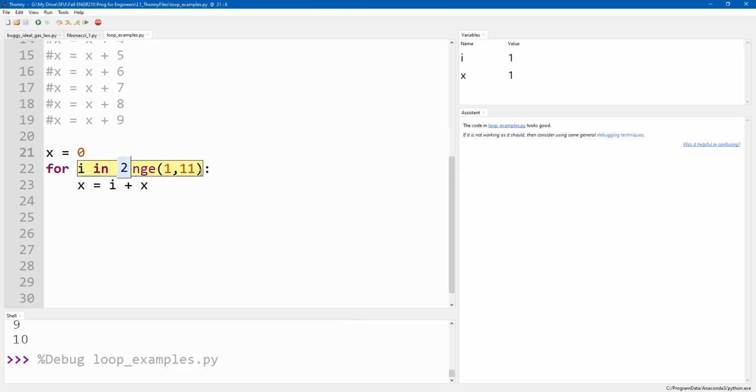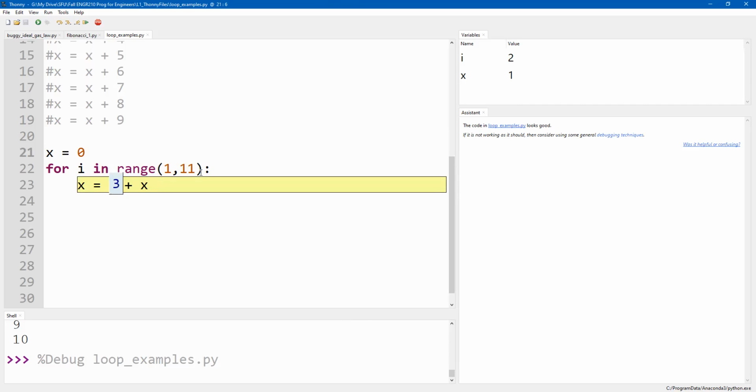All right. So I is now 2. I go back into the loop. What's the value of x after I run this line? Yeah, 3, right? Because I is now 2, and X was 1.